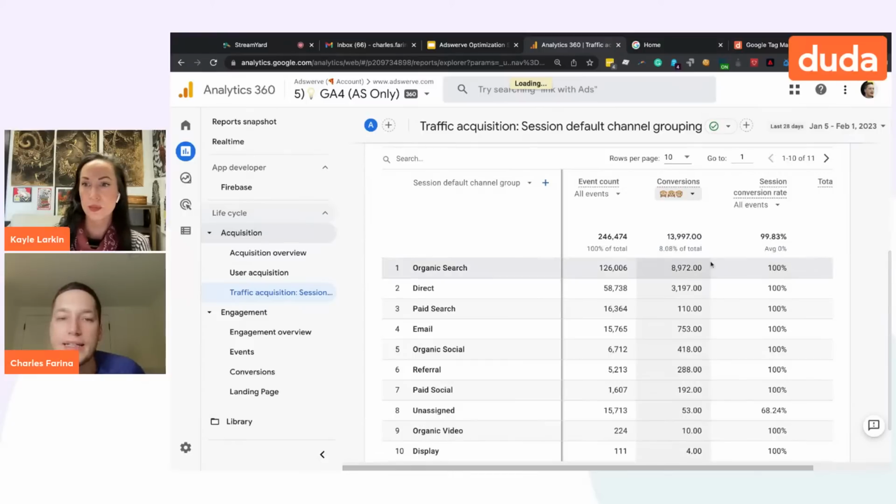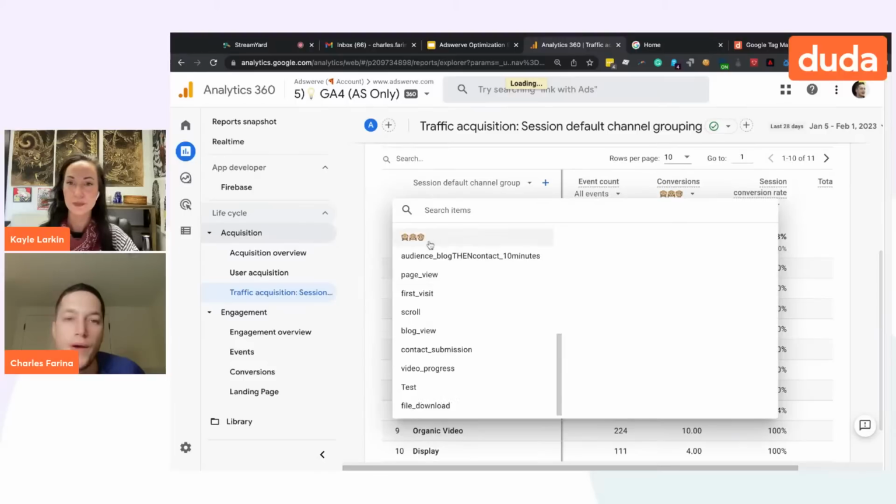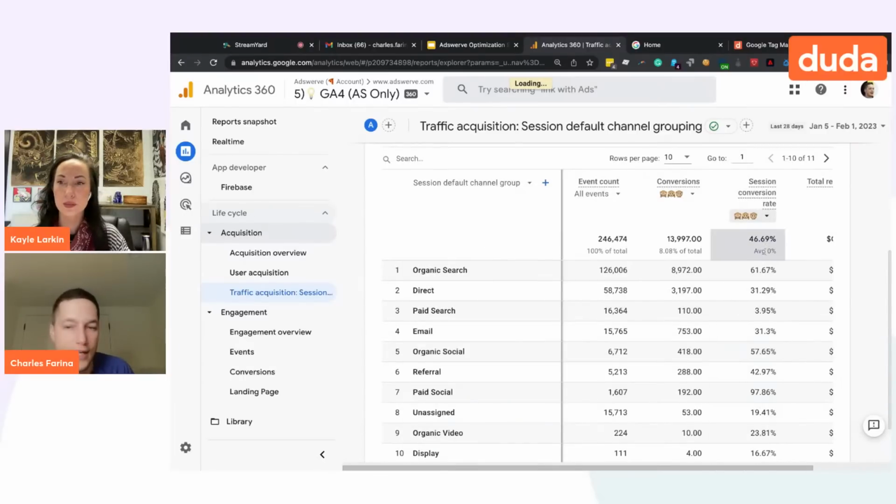And now I can see which traffic source is leading to the most amount of emoji conversions. Or if I want to see which traffic source has the highest emoji conversion rate, I can see clearly I'm crushing it on paid social. And again, without those conversions, none of that would be possible.